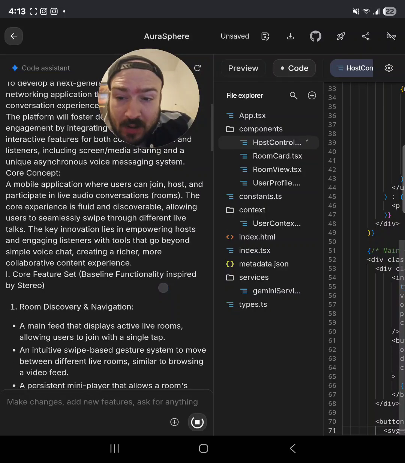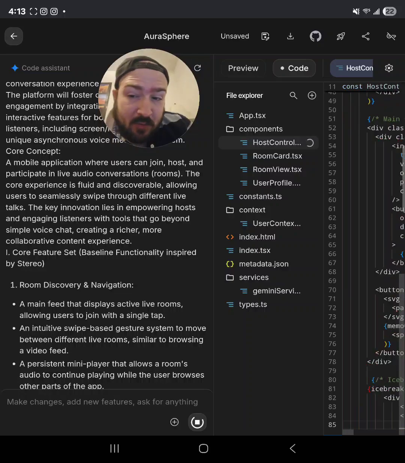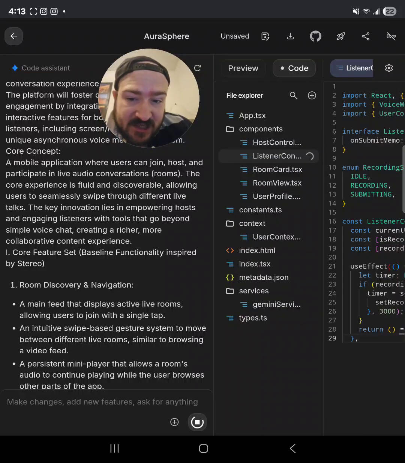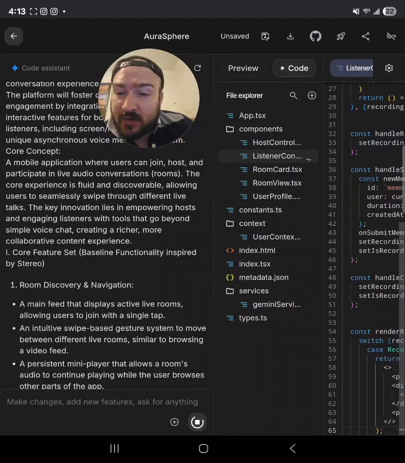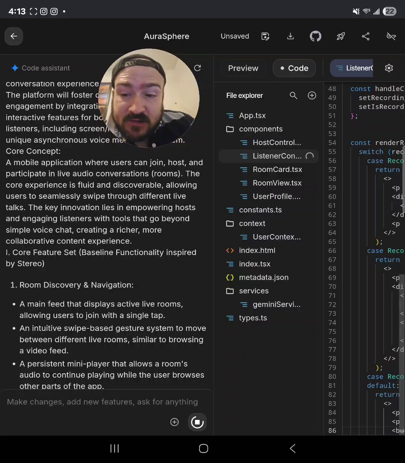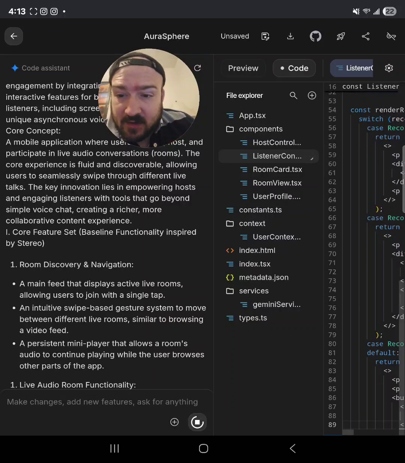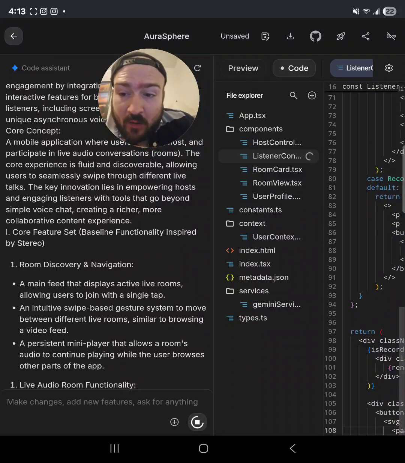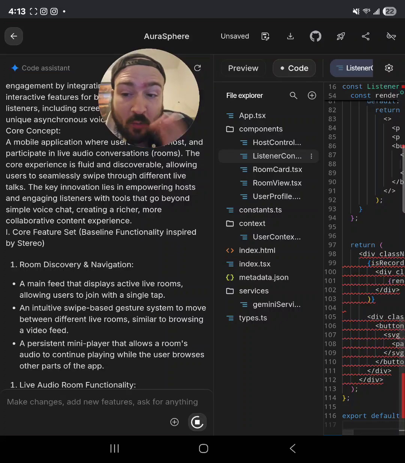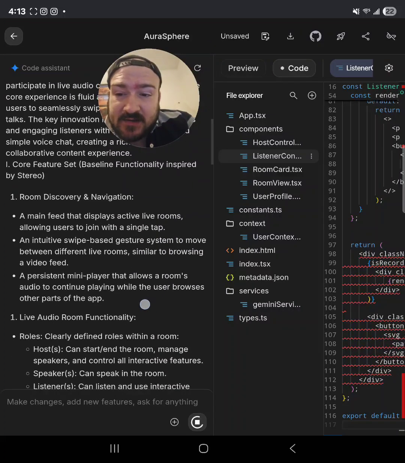Core concept: a mobile application where users can join, host, and participate in live audio conversation rooms. The core experience is fluid and discoverable, allowing users to seamlessly swipe through different live talks. The key innovation lies in empowering hosts and engaging listeners with tools that go beyond simple voice chat, creating a richer, more collaborative content experience. Core feature set: baseline functionality inspired by Stereo.